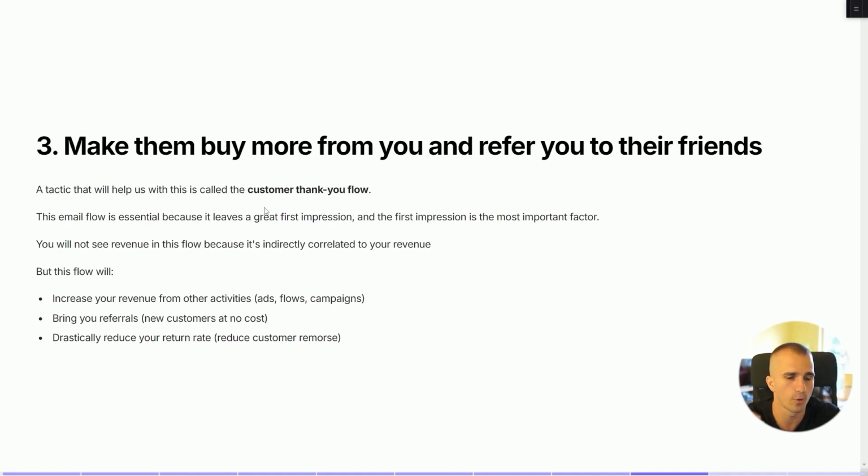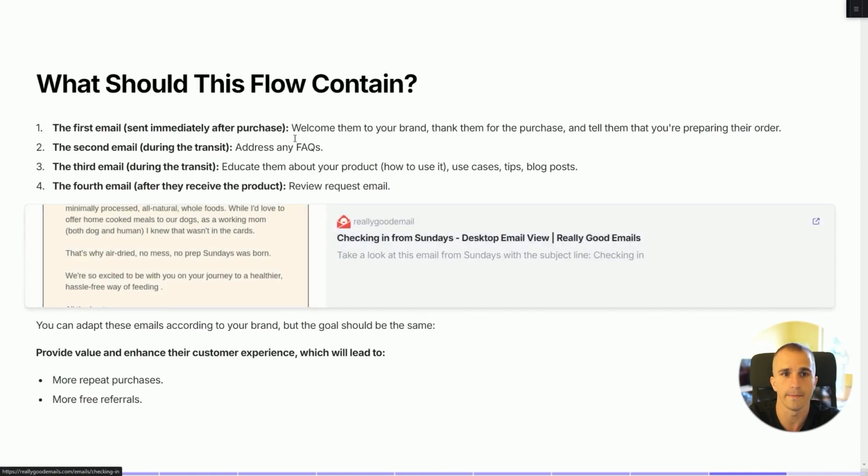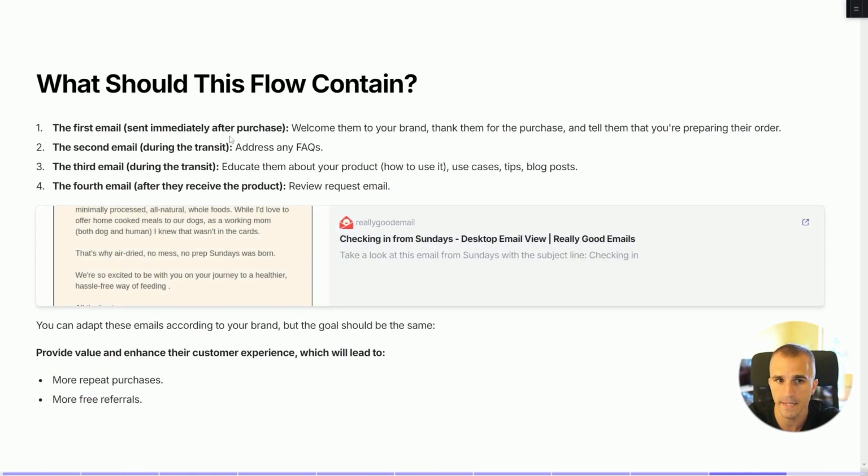This flow will help you a lot with increasing your revenue from other activities. It will also bring you referrals, so new customers at no cost, and it will drastically reduce your customer return rate because it reduces customer remorse. So this is why it's super important to have it, and let's cover what you should have in this email flow. So the first email, which you want to send immediately after the purchase, should be just a casual